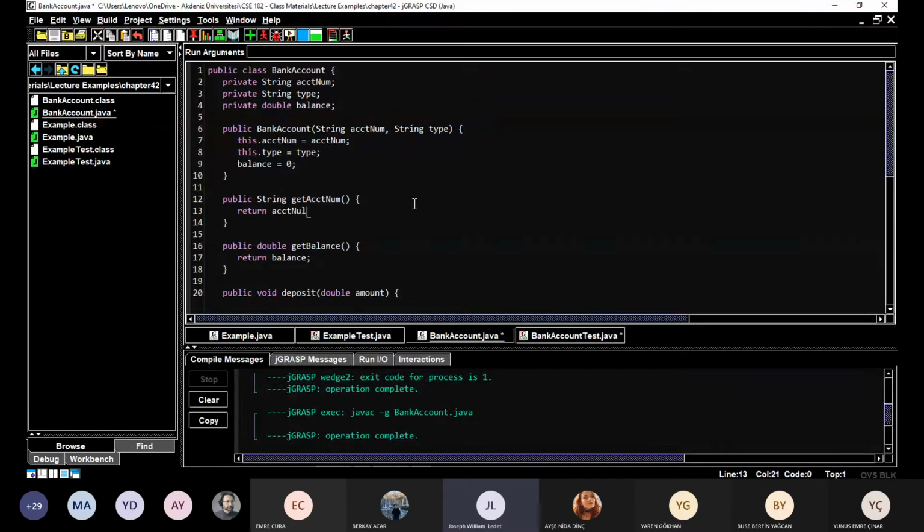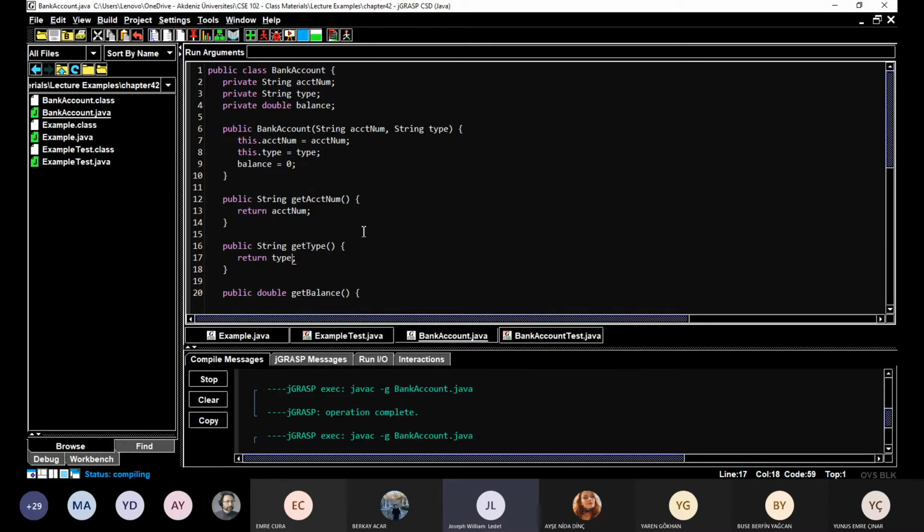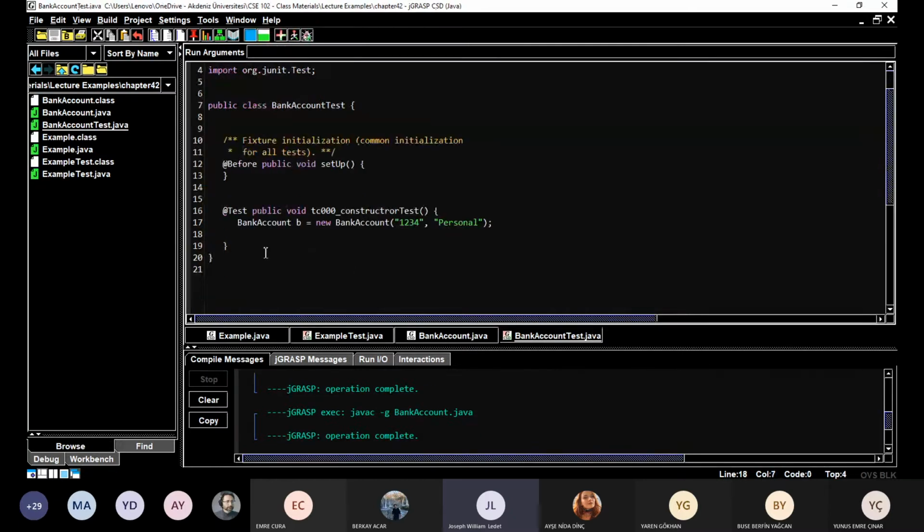Now notice, just for this example, I'm not going to have a set method for these things because I don't want to change the account number or the type once it's created. Okay. Now one thing we could do is we could say, okay,